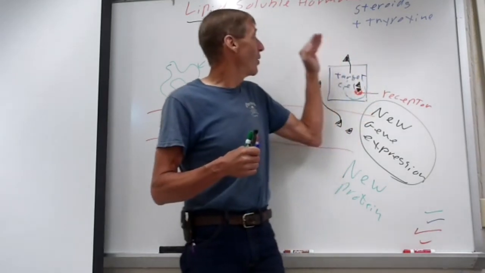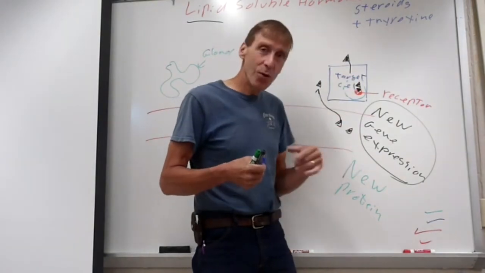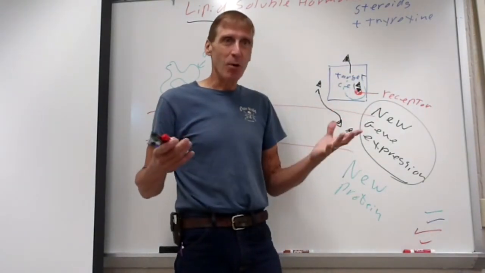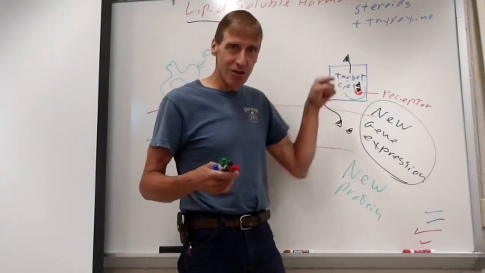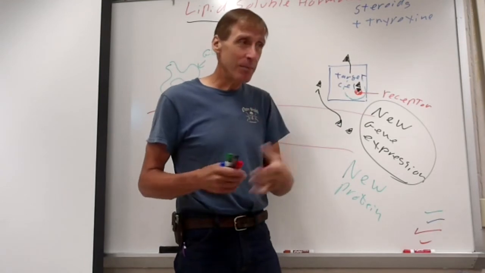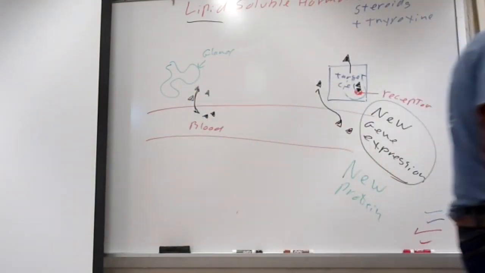So typical for lipid-soluble hormones, they cause new proteins to be produced, and they will be slower hormones. So it's kind of the direct mode of action. These lipid-soluble hormones go into the DNA, cause new proteins to be produced. Now let's look at the non-lipid soluble. They'll be a bit different.